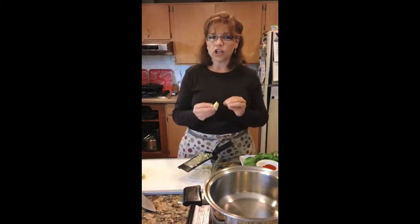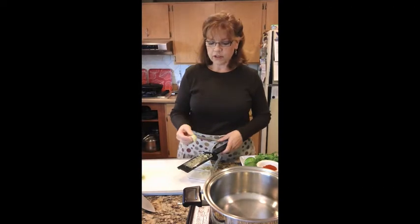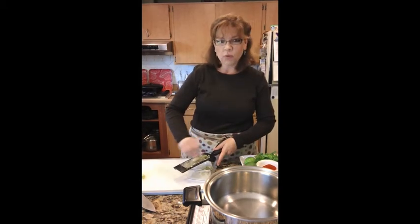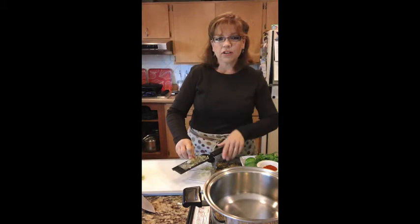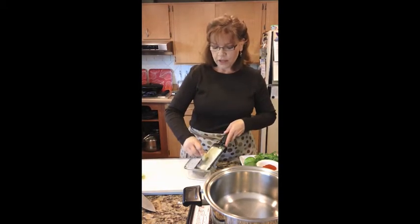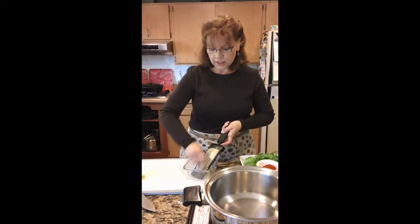You don't want to chop it fine, because then you just end up with some little chunks of ginger, and it doesn't infuse into your soup like you want it to. So I'm just using a little microplane here. If you don't have a microplane, if you have a regular box kind of grater, you know, the kind that you stand up and it has different grating surfaces on the different sides, find the one that looks like little circular gratings, that's the one that you want to go for. You just want to grate that ginger,